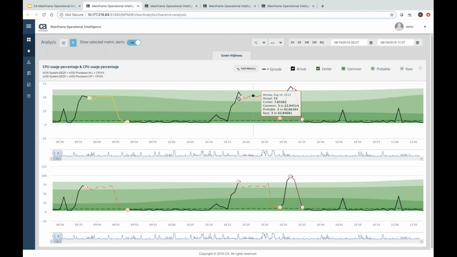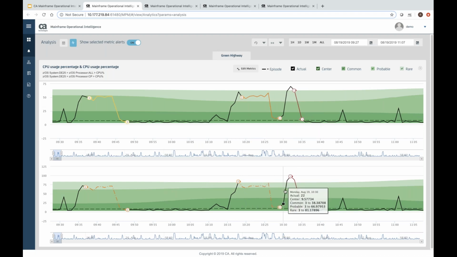Stayed in this pale green part of the green highway, and then it dropped down. So it was closed as a severity 2 alert. And now this one in here went up above this pale green part, dropped back down, and again it was closed by a severity 2 alert. So what I wanted to denote here is this difference between a composite alert represented in this dashed line, which